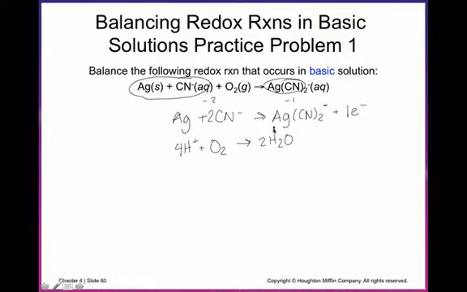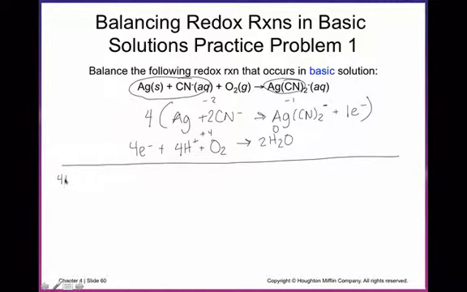Now I need to look for charges. This side has an overall charge of 0. This side is an overall charge of +4 because that's 0 and there's 4 positive charges. So I'm going to add 4 electrons to this side in order to make it 0 to balance that side. So I have 4 electrons on this one. I only have 1 there, which means I'm going to have to multiply the top reaction by 4. And then I go ahead and put this whole thing together. So I have my 4 silvers plus 8 of the cyanides plus 4 hydrogen ions and my oxygen. Then I have 4 AgCN2-